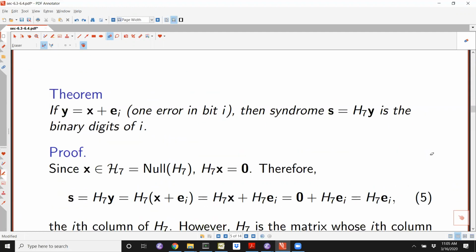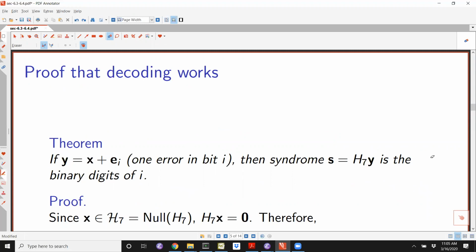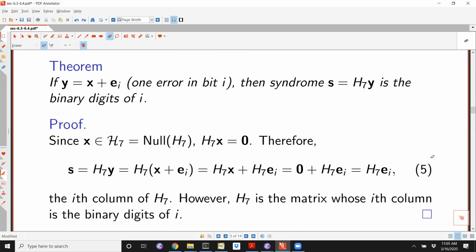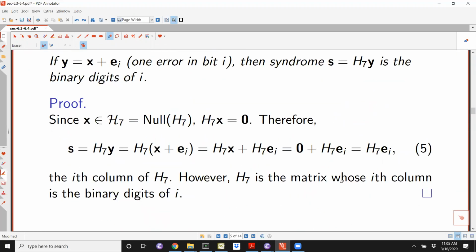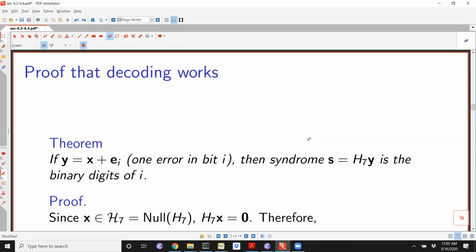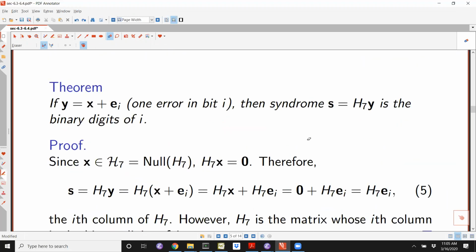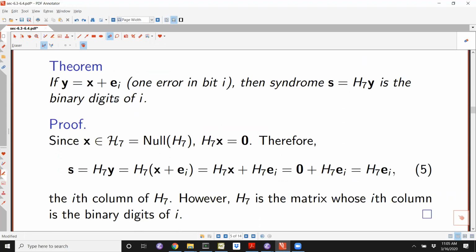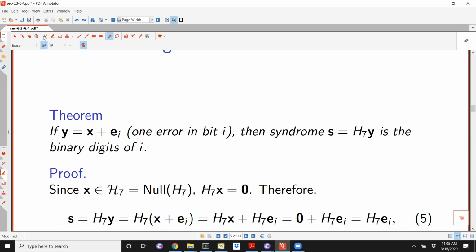Proof is good. Okay, so let's talk about the proof while that decoding works. All right, let me ignore the previous ignominious lack of computer skills, and let's go back to something I know how to do somewhat, which is proof. Okay, so theorem. The point of this theorem is that